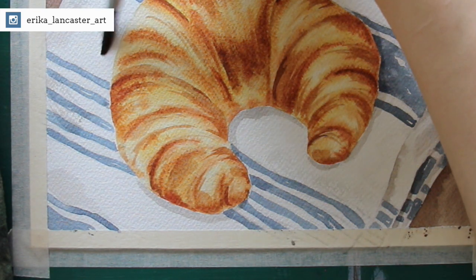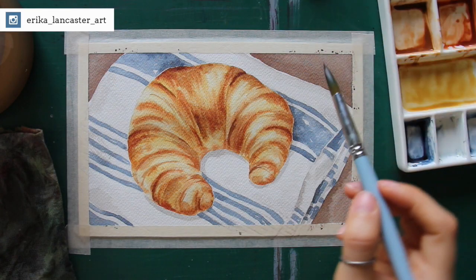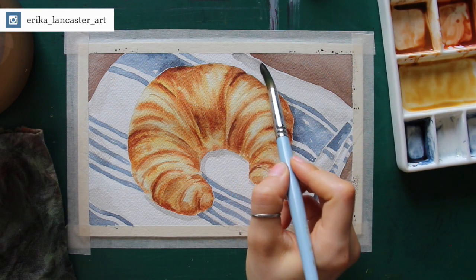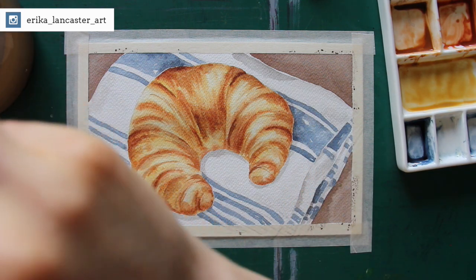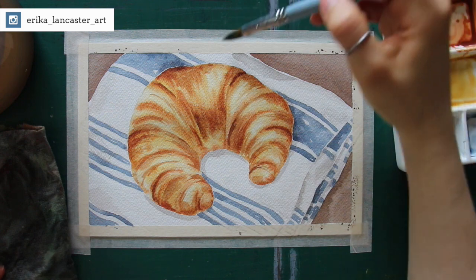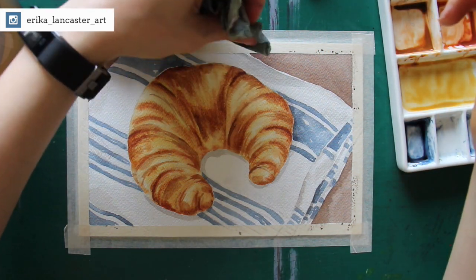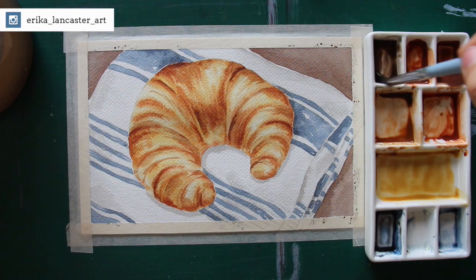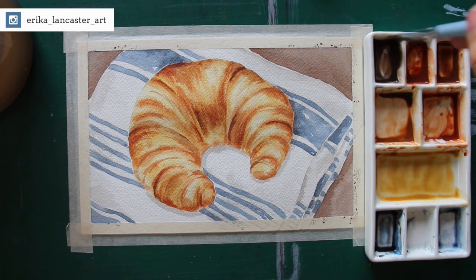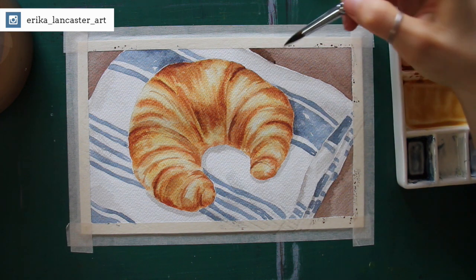it's very watered down. Because we want to keep this towel or this fabric looking white, it's essential that you go in with a very light translucent gray, or whatever color it is that you're going to be developing your different values with. You want to go in with a very pale translucent color and add it sparingly. Make sure that you're leaving large sections of white paper completely unpainted so that the object still ends up looking